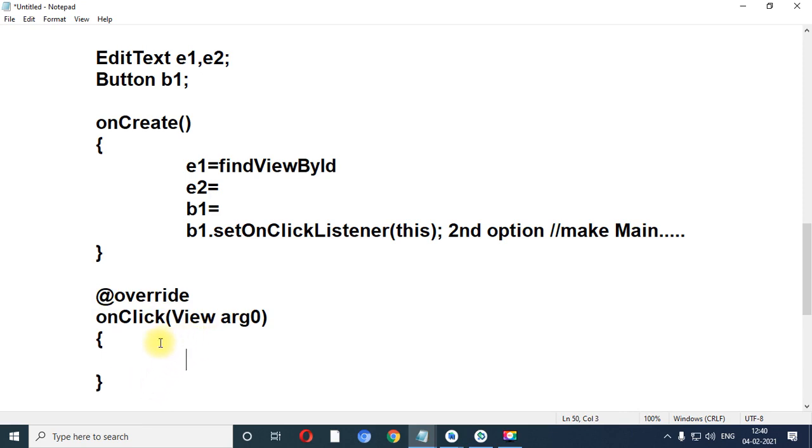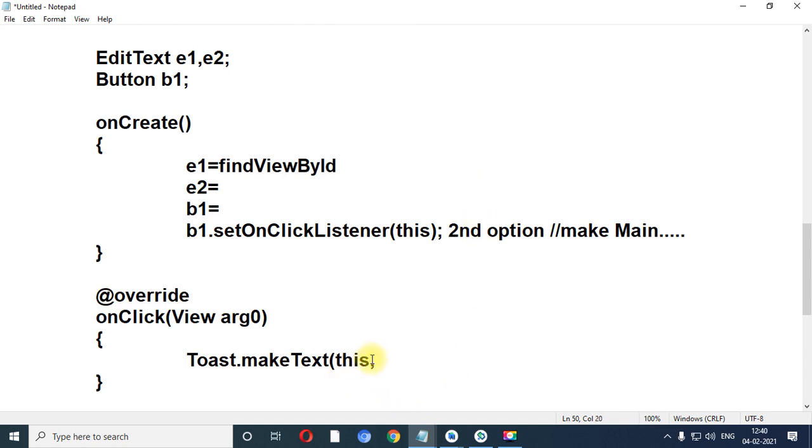Now over here, what is my requirement? I want to display a message. So for displaying a message, we have Toast dot make text, that is the name of the method. The first argument is related with this. Instead of this, which keyword can I use? Get application context.